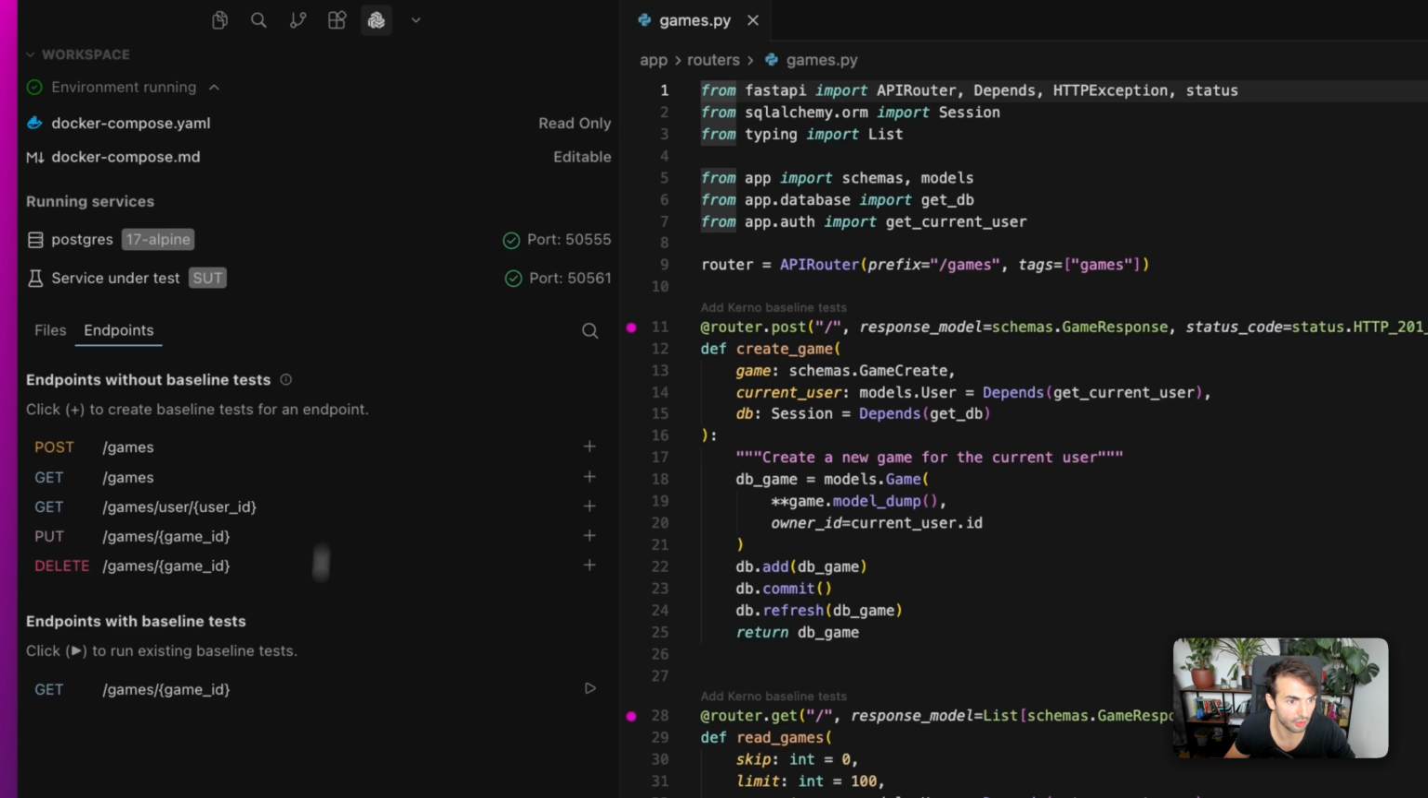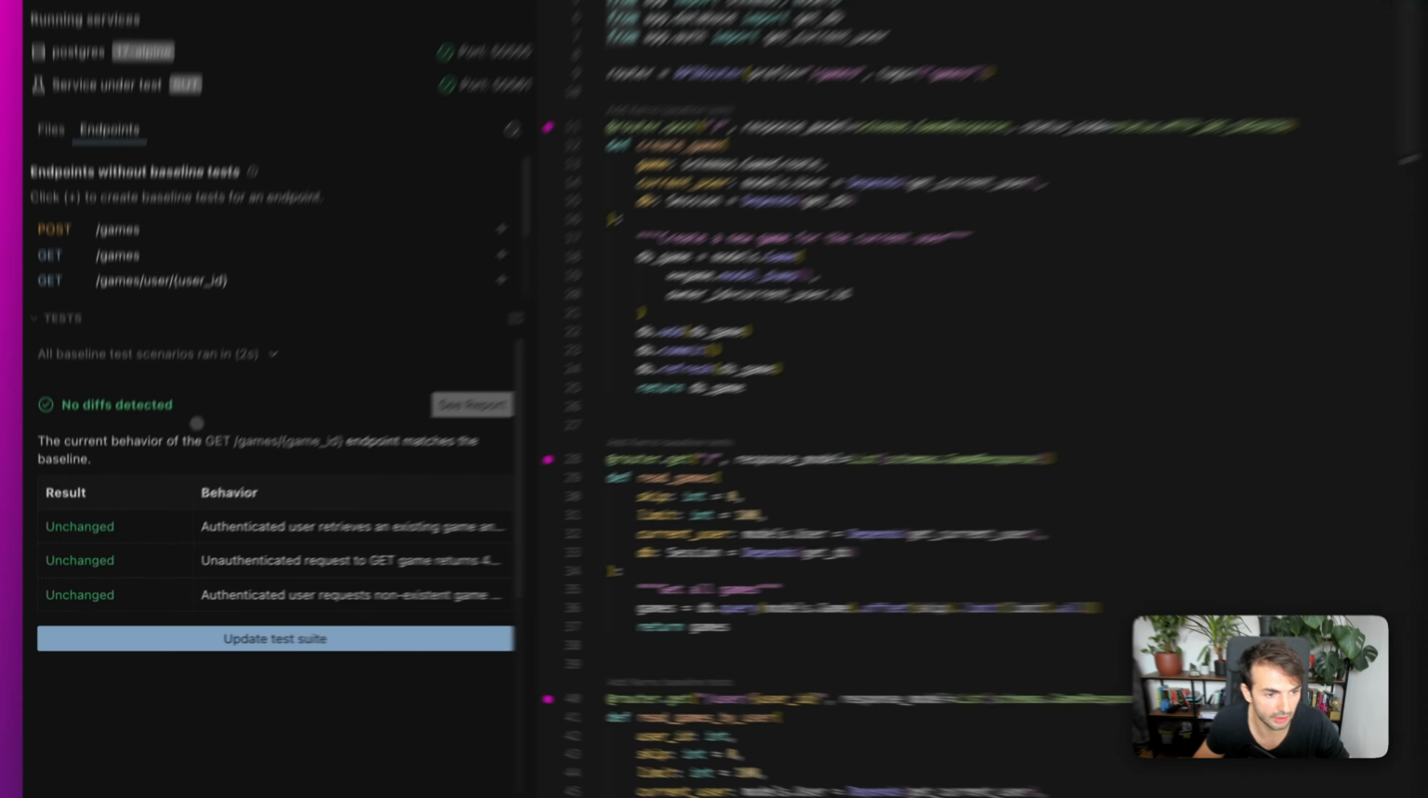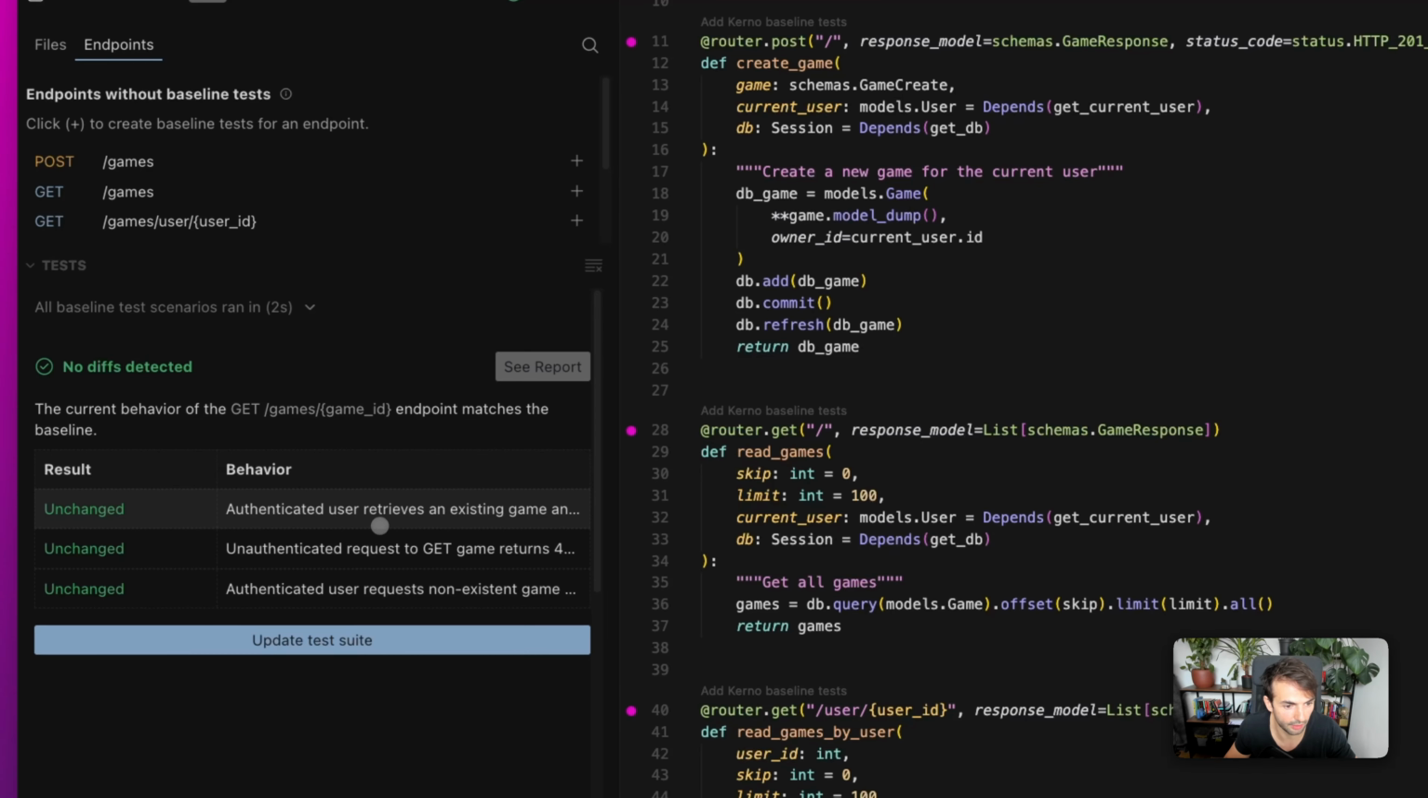As you can see here, kernel is running. We have our test environment running: the Postgres, the service under test, and I will want to modify this specific get games endpoint. This endpoint already has some baseline tests. So as you can see, if we run kernel, we have 3 different test scenarios here covering this